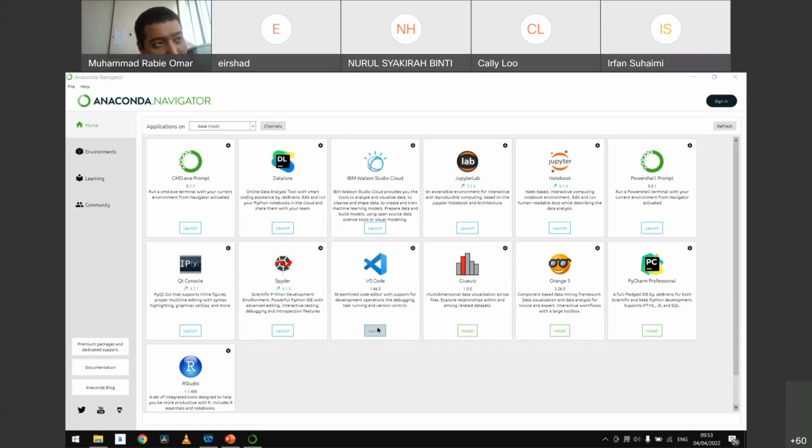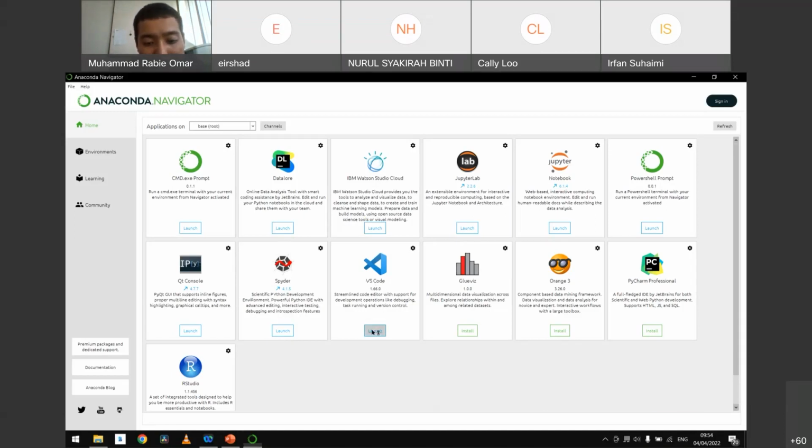Since I am a Microsoft programmer, I mean an informal Microsoft programmer, I'm quite used to Microsoft Visual Studio. I'm not sure whether you guys have heard about Microsoft Visual Studio. It's software to create software. So that's Visual Studio. For some reason, Visual Studio Code looks like the actual Visual Studio. Let's say if I click launch,